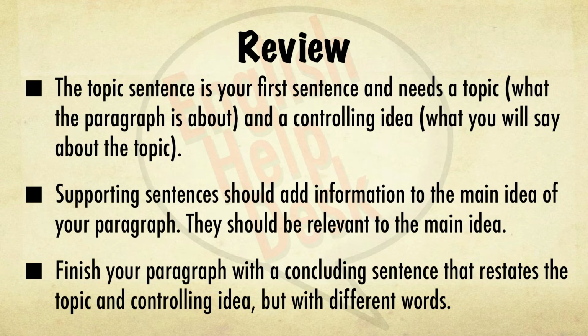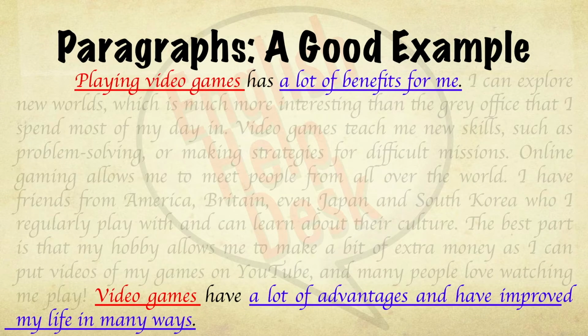And finish your paragraph with a concluding sentence that restates the topic and controlling idea, but with different words. As you can see, our topic is still video games, but if you can find a better way to phrase the topic, then do it. And our controlling idea is that there are lots of benefits or a lot of advantages, words that have very similar meanings to each other, but they are good for the writer, as we can see in the topic sentence,